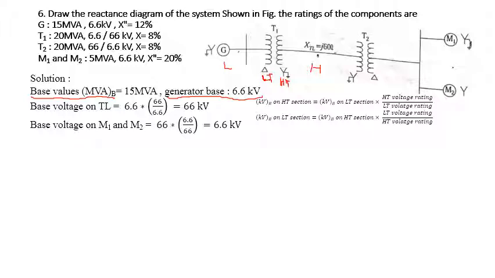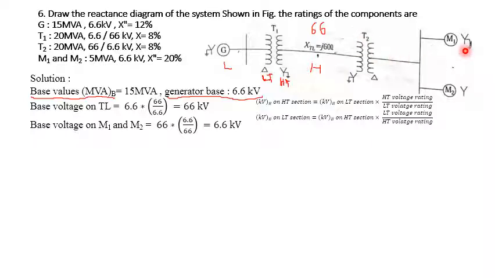What I got is 66. So this is the kV value. I got a new value. It's clear. This is the new value. You need to remember this, it is very important. Then this section is over.